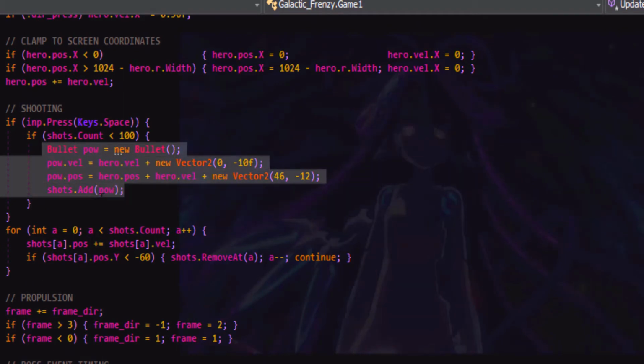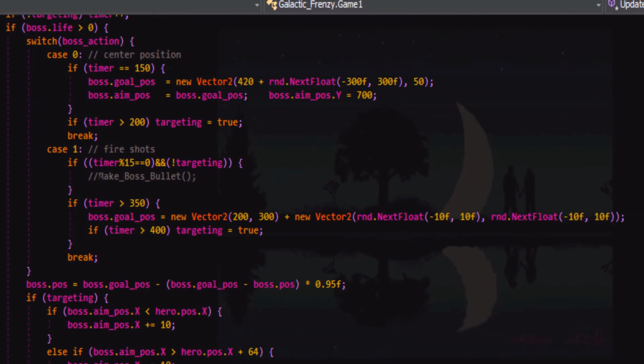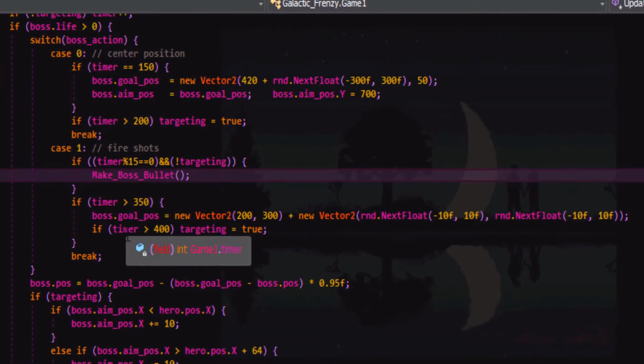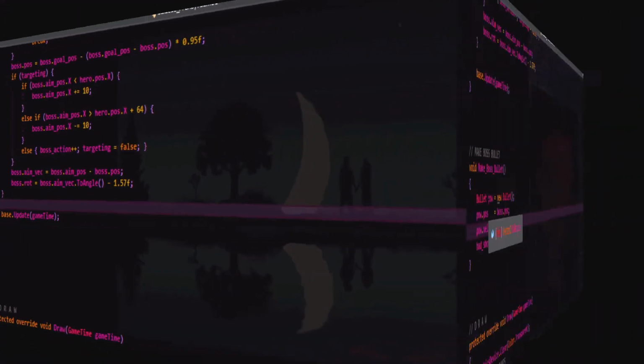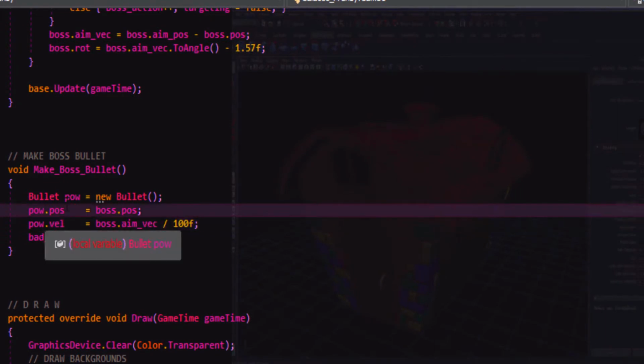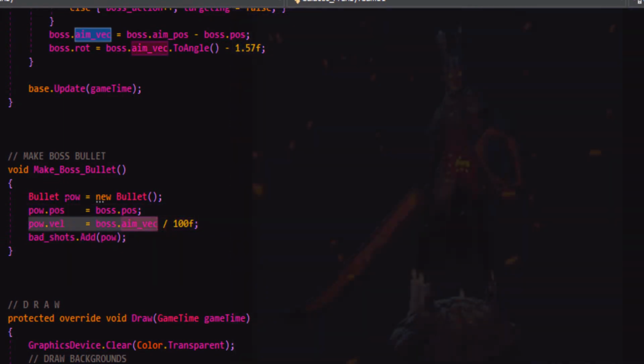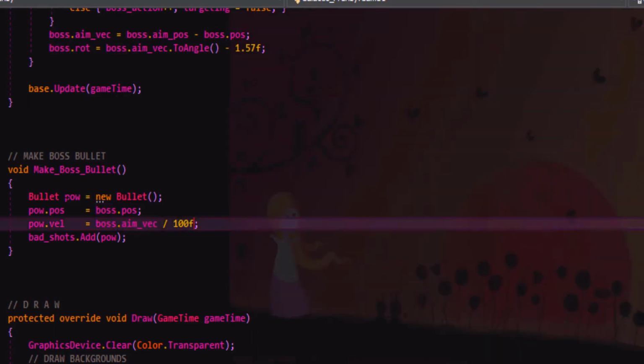So I'm just going to do that and modify it for a make boss bullet method down below. So let's just uncomment that I put in, and down here under the update, let's make boss bullet. In making the boss bullet, I set the velocity to be this aiming direction divided up into 100 pieces. Obviously we wouldn't want it to be the aim vector because in one frame it would already be across the screen. So divide by 100 to slow it down. If you wanted to make it really slow, you could say divide by 1000. So this just depends on how fast you want your bullets or how hard the enemy is maybe.